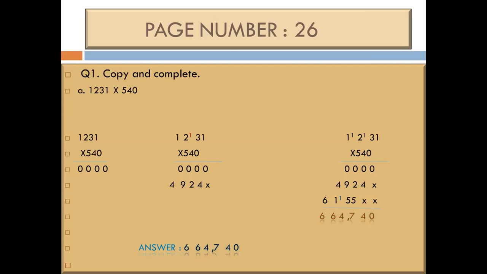Now we multiply 5 with 1. 5 ones are 5, 5 threes are 15. We write there 5 and carry 1. 5 twos are 10 and 1, and 5 ones are 5 and 1, 6. We have completed the multiplication of the 3 digits, 5, 4 and 0. In the first step we multiplied 1231 with 0, then with 4, then with 5, and at the end we add. The numbers 0, 4, 5 plus 2, 7, 9 plus 5 is 14. We write 4 and carry 1, 4, 1, 5 and 1, 6, and then 6.